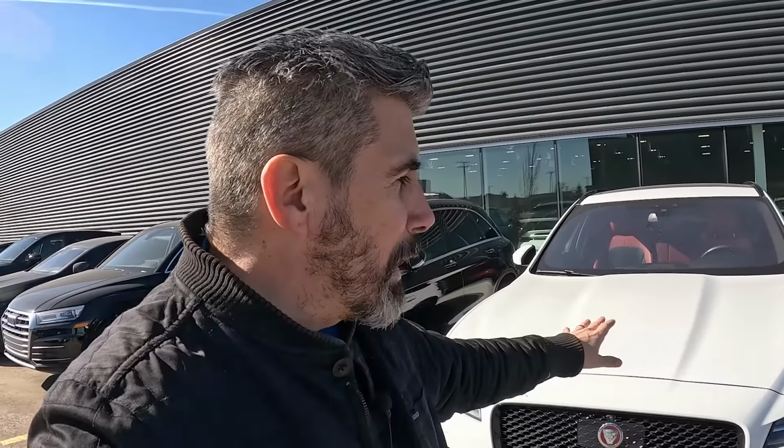Timing chains, water pumps, thermostats, rod bearings are known to go on some of these engines. Yes, not the most durable engines. I personally have an F-Type R. I love it. It's so great in so many other ways, I kind of look past it. But you cannot deny that the F-Pace is one of those vehicles that lacks major reliability as well as the